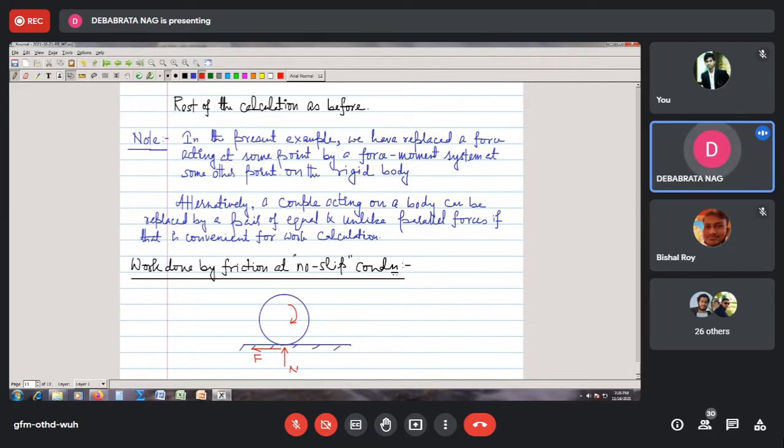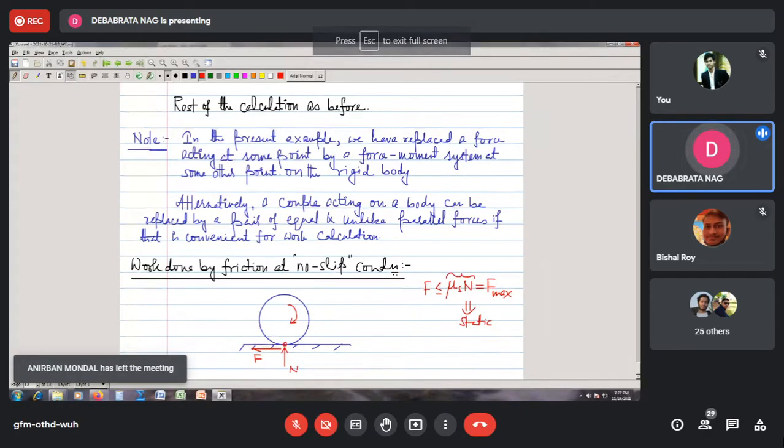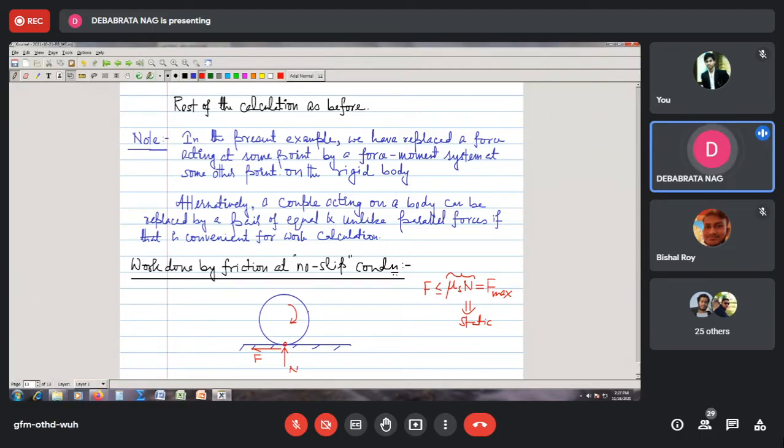Why is it so? It is because it is static friction here. যখন রোলিং উইদাউট স্লিপিং হচ্ছে তখন আমরা জানি যে এই f has to be less or equal to mu s into N. Mu s into N is the maximum friction force. This is F max. তাহলে এইটা হওয়া মানে এই জিনিসটা কিন্তু স্ট্যাটিক সিচুয়েশনে আছে, মানে স্ট্যাটিক ফ্রিকশন ফোর্স। এন্ড স্ট্যাটিক ফ্রিকশন ফোর্সের তো কোনো ওয়ার্ক হয় না। এবার তুমি বলবে এটা তো স্ট্যাটিক নয়, এটা তো রোল করছে, তাহলে কি